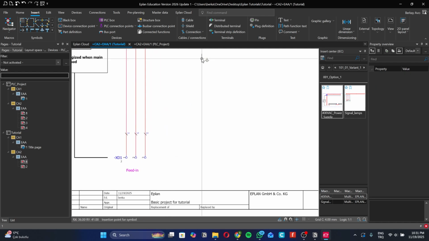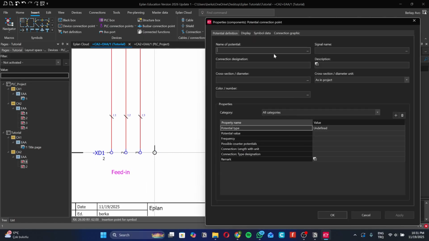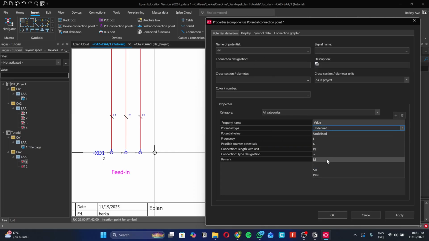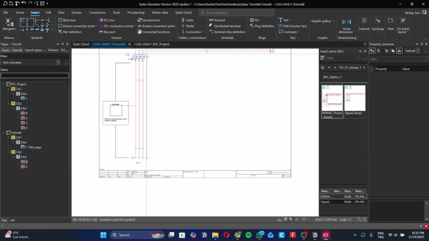Go to connection, and we got a potential connection point. Go to here, and then name it N. And from here, potential type, you're gonna choose negative as well. Let's apply. Okay, what I want to do is I want to bring it all the way to here and